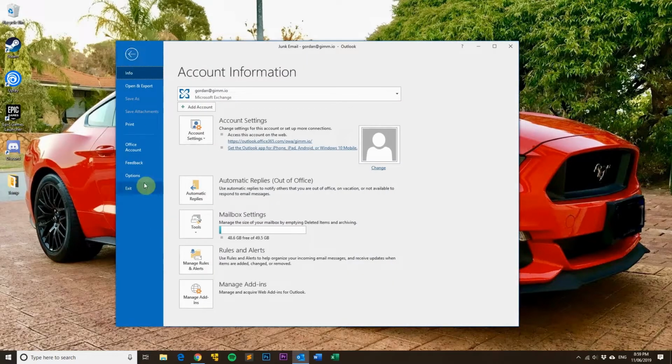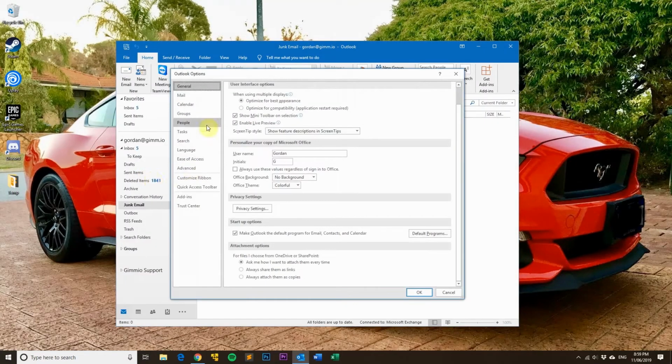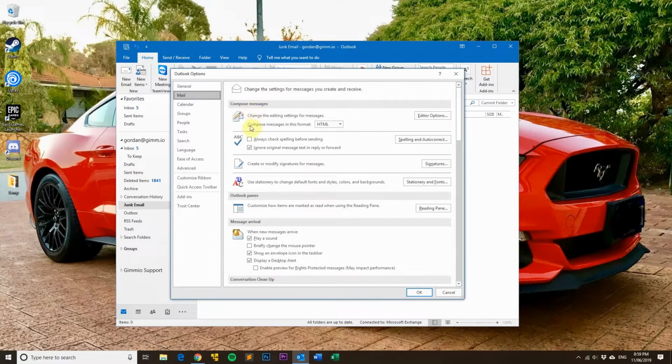If you click on File and then go to Options in your Outlook, and then click on Mail, you'll notice here where it says Compose Messages in this format, you've got three options. You've got HTML, Rich Text, and Plain Text. In HTML format, the formatting of the text is actually inside the HTML code itself. And with plain text, there is no formatting of the text at all. It's just plain text. Whereas with rich text, you can actually format the text to have bolding and italics and